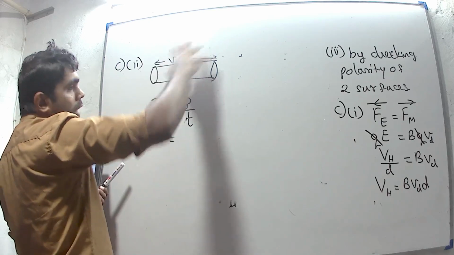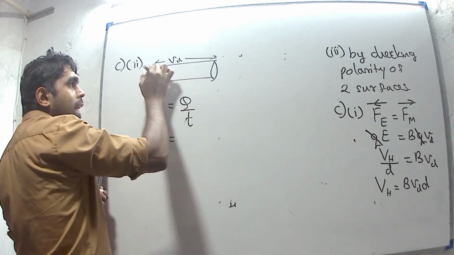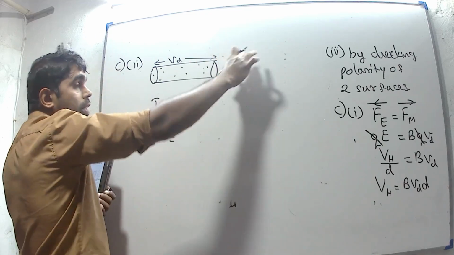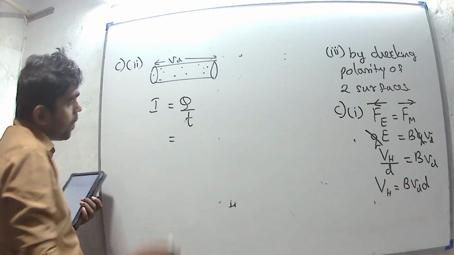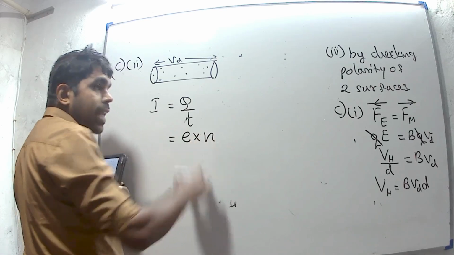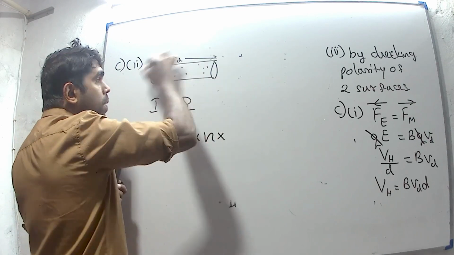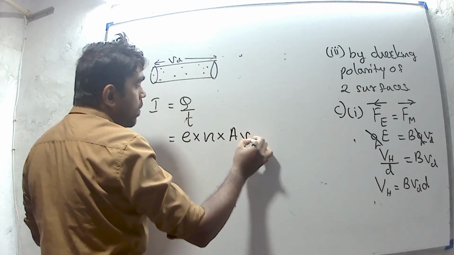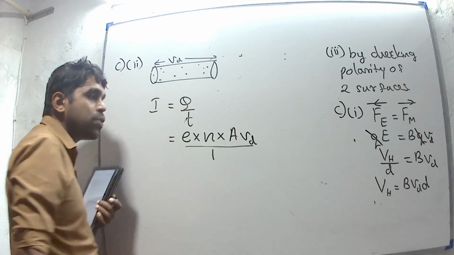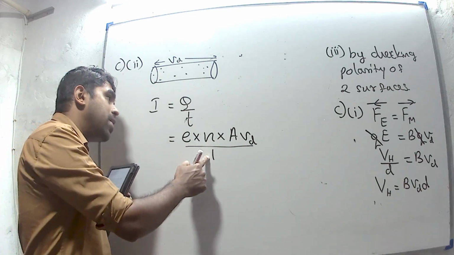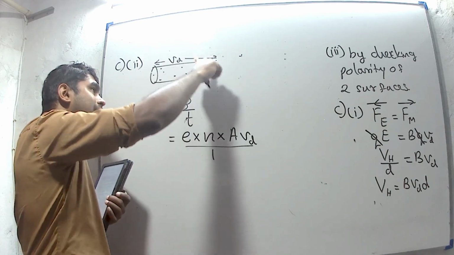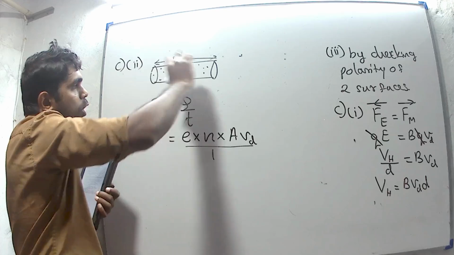Therefore, in this situation, in unit time, all electrons in this conductor should move out of this conductor. Then charge is the charge of an electron times the number of electrons per unit volume times the volume of this conductor. Volume is AVd. It is the charge flow rate, charge per unit time. Therefore, time is 1. We have to consider that when time is 1, the distance moved by an electron per 1 second is Vd. Therefore, all electrons in this conductor part, of Vd length, should move out of the conductor